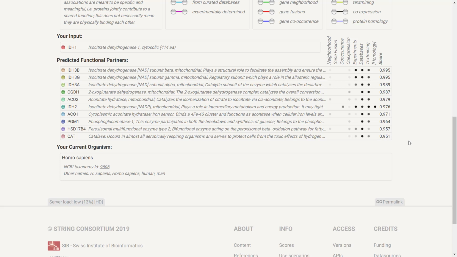The darker the dot is, the stronger is the association. If we stand with the cursor on the dot, we will see the score for this association. Each protein also has a combined score, shown at the end of the line. Clicking on each association dot will reveal more information regarding this association.